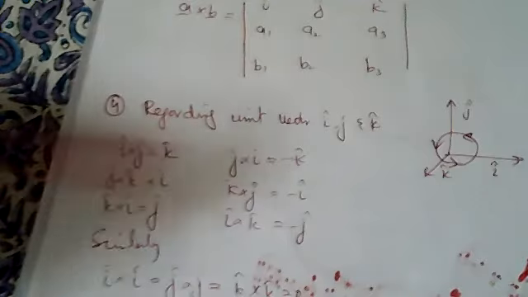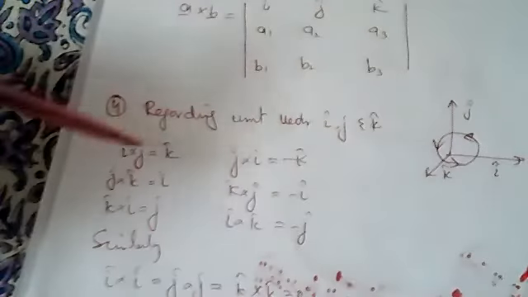By using these properties, i cross j is equal to k. So these are the properties. By applying the definition, i cross k, when you apply the definition, you will get j. j cross k is equal to i, k cross i. It is anticlockwise; if you go clockwise, you have to multiply by a negative. The cross product of the same vectors will be 0.